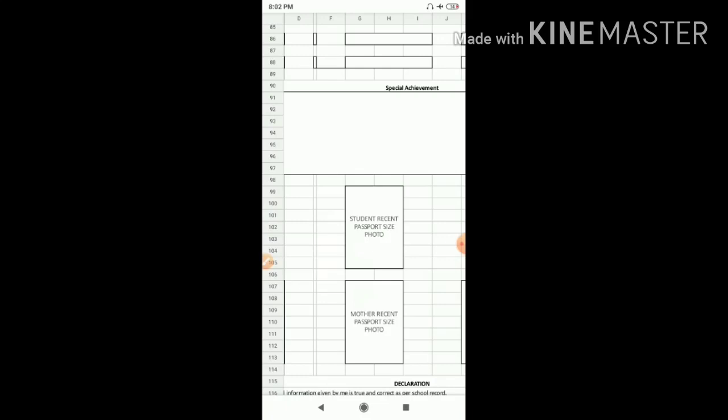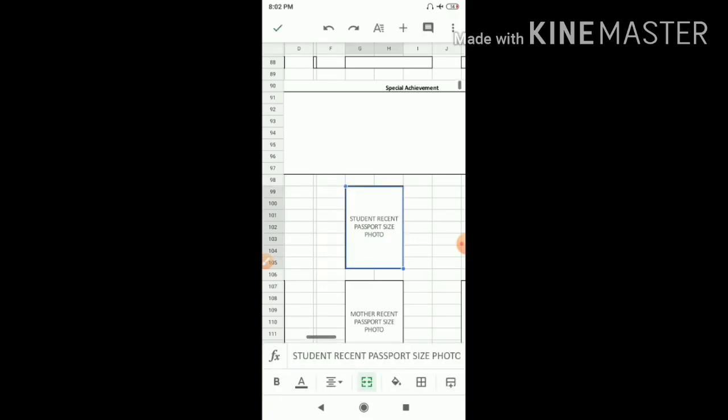First of all, the photo must be in your mobile. If you don't have it in your mobile gallery, you take the photo: your photo, father's photo, mother's photo. Now I'm showing it, you see. You will tick on that cell and then tick on the plus symbol. See the plus, okay?